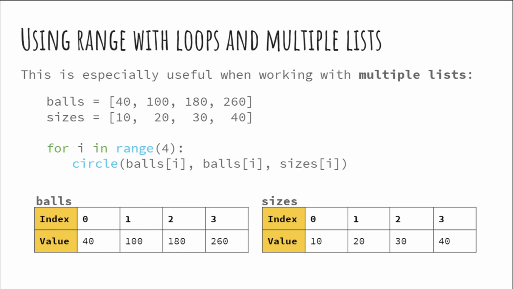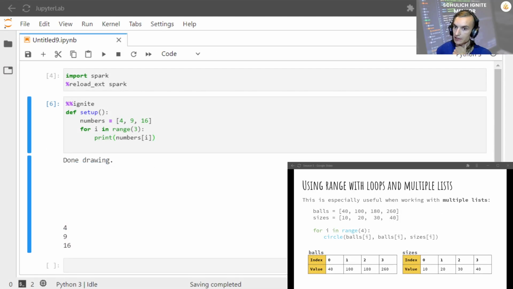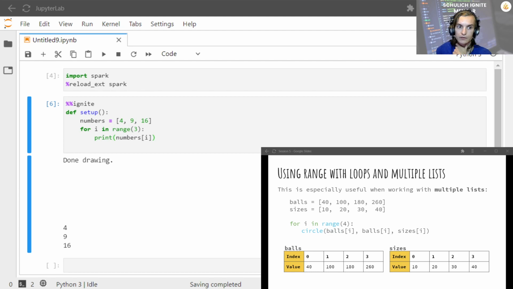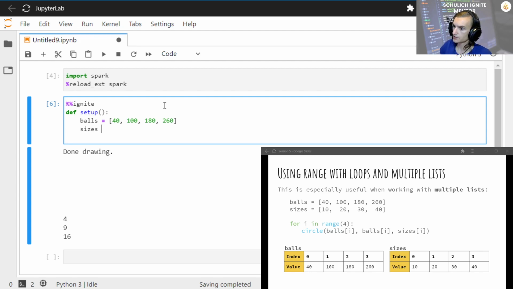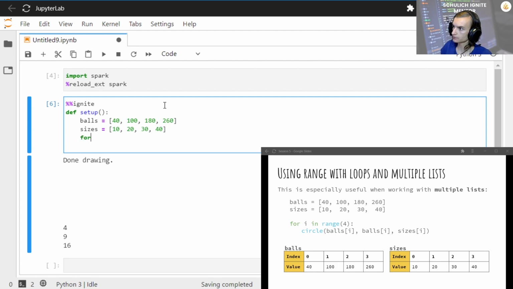And I don't want to explain that all in detail, so we're going to switch back over to coding, and I will demonstrate that again real quick. Also going to slightly size up the presentation in the bottom corner there. There we go. Okay. So we will say balls equals 40, 100, 180, 260. Sizes equals 10, 20, 30, 40. Then we will say for I in range 4,